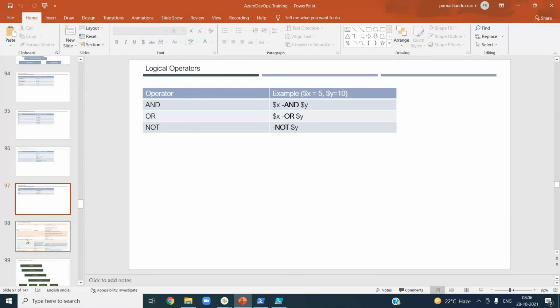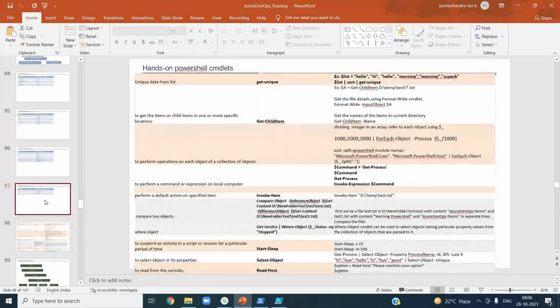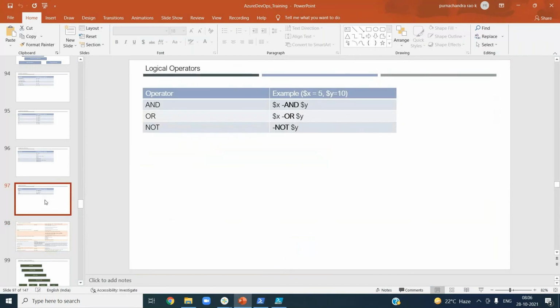Guys, I will stop here for today. You learned variable declaration, operators and some introduction to some of the commands, and I will share all of these things with you. You can go and practice, it hardly takes 30-40 minutes, and from tomorrow onwards we'll get into the other areas of PowerShell. Once we are done with all this syntax and semantics, then we'll get into scripting work so that you can write your own scripts.